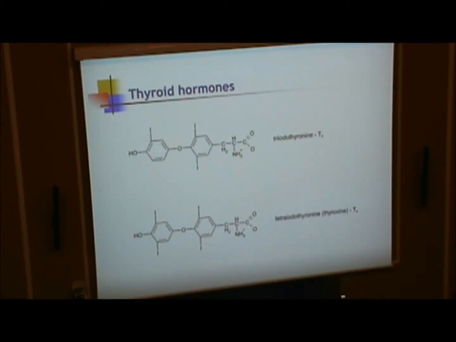The next biologically active substances produced from amino acids are thyroid hormones. They are produced from phenylalanine and tyrosine. There are two hormones,